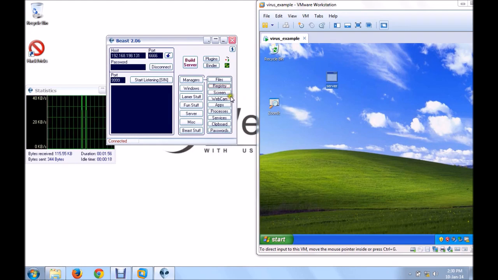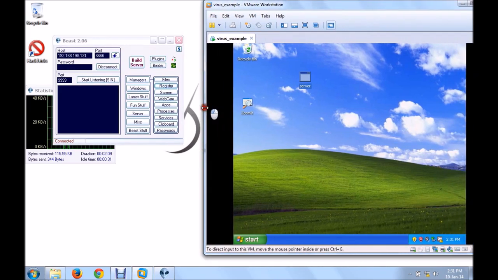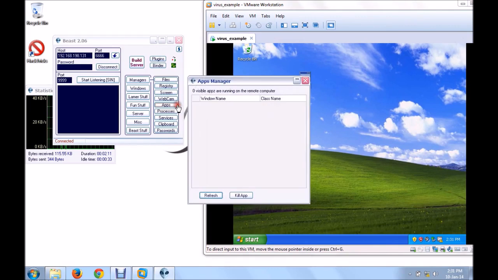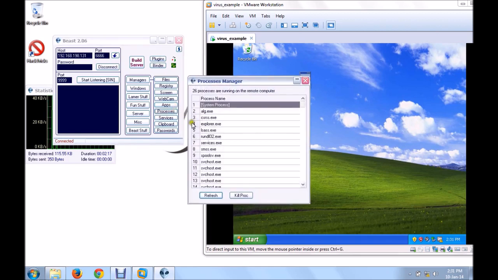Now there are many options like screen, so the victim's screen will be available to us, the victim's webcam will be on, and we will be able to see the camera. Apps manager, we can see the apps. Right now there are none. This is the process manager. These many processes are running on the victim side.